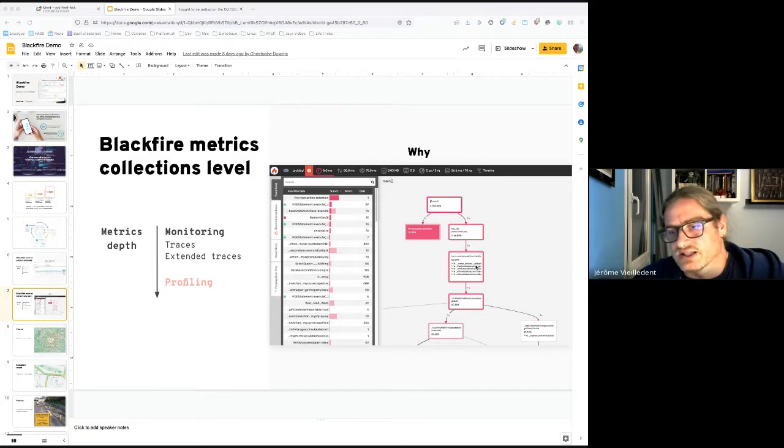Each node here represents a function call or group of function calls, and so it's all about interaction with the different functions. It gives you a very precise overview of how your application is behaving, and it gives you tools to identify potential bottlenecks. So it doesn't directly give you the answer to the why question. Why did I have this performance issue?